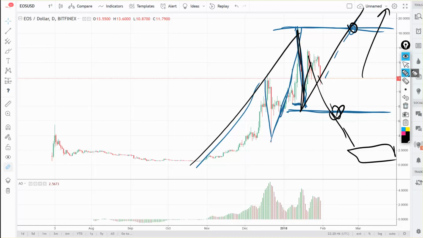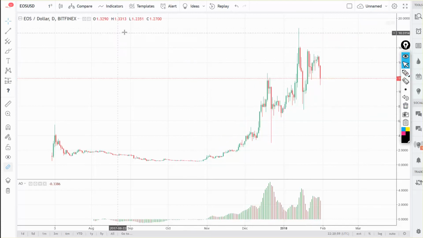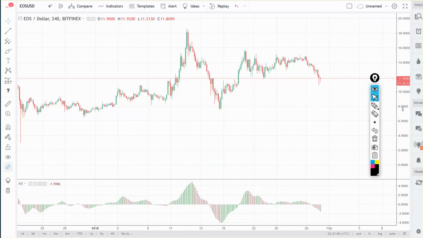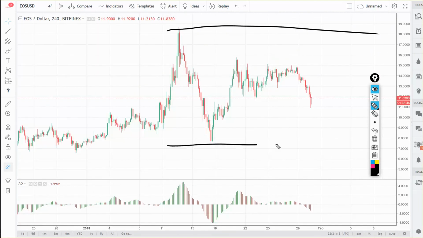For me, that time frame is too high. Flat phase of all time frames, so I don't do anything in a flat phase. Flat phase is the most dangerous place to take a decision. So I go to a smaller time frame where I can maybe use my intraday trading. And here you can see these are our reference points for the all-time flat phase.